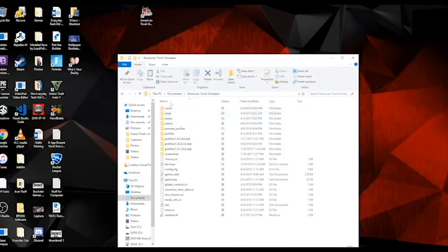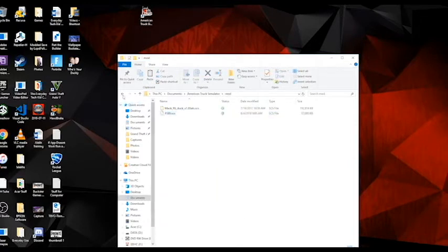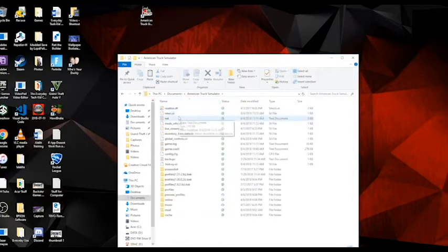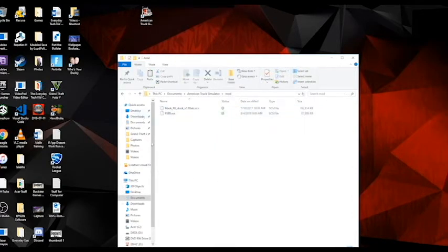So yeah, American Truck Simulator. And if you're getting a truck mod or any kind of mod, you want to go into your mods. So Documents, American Truck Simulator, mod. American Truck Simulator mod, and you just drag your SCS file into here, and it's imported into